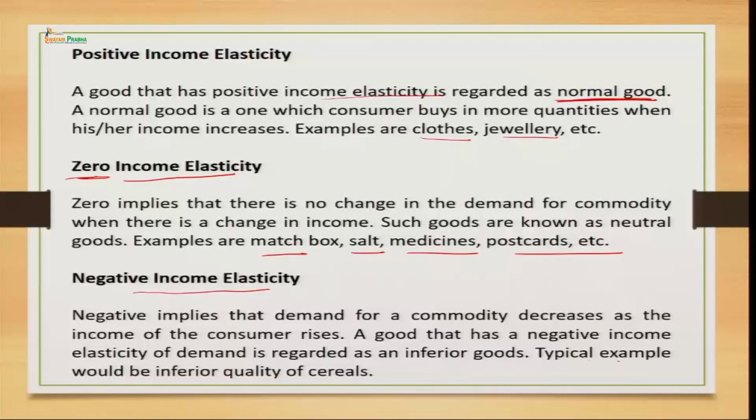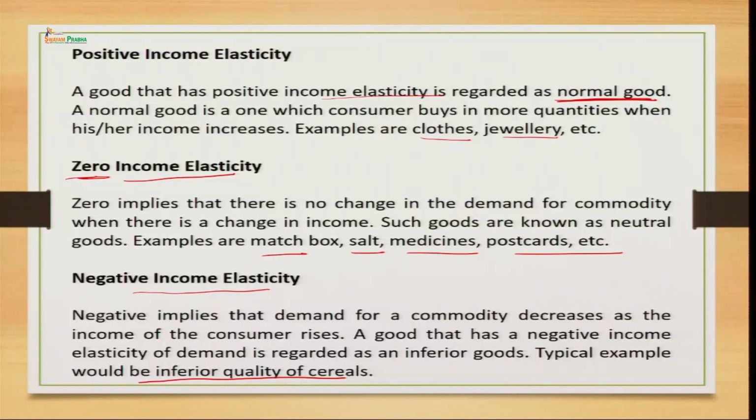But definitely, whenever the income of a person increases, they will demand more quality goods or better quality goods. So, inferior goods are basically those goods which are lower in quality. You can give an example like the poor quality of cereals or the better quality of cereals; you will start demanding the better quality when your income increases. So, these goods will have a negative income effect because people will shift their demand to the better quality goods. So, this is how we establish the relationship of income with the quantity demanded, and we have these 3 degrees: positive income elasticity, zero and negative income elasticity.